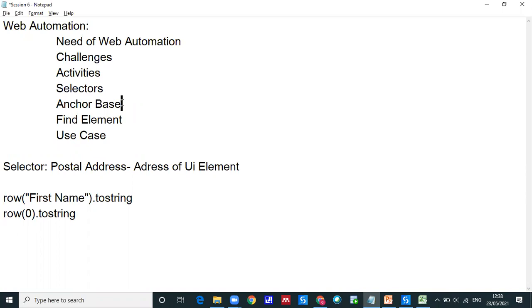Am I correct? If you say in Pune there is the Chandanagar area, then in Chandanagar again, where exactly is the location, or which is the nearby landmark? If I say Phoenix Mall, then I know where the Phoenix Mall is, near Chandanagar. So that is one kind of landmark. So anchor is that kind of landmark. Anchor is nothing but one kind of landmark.